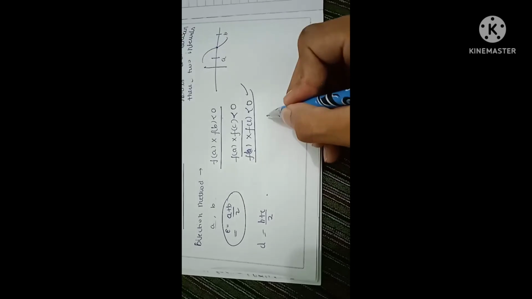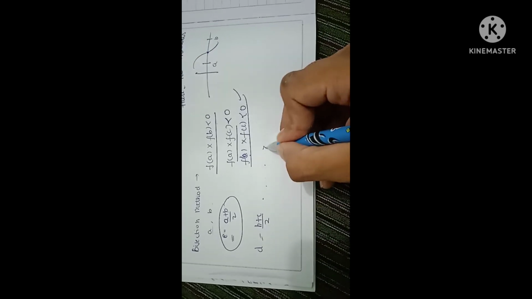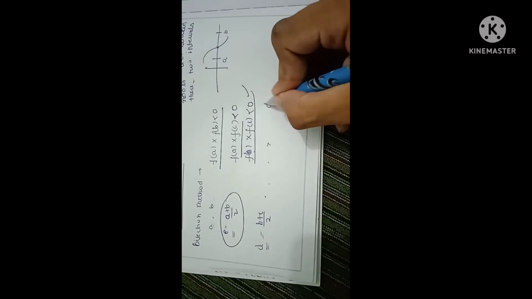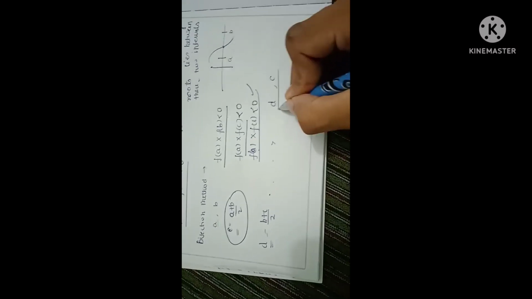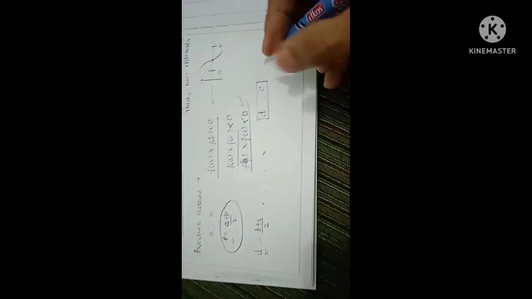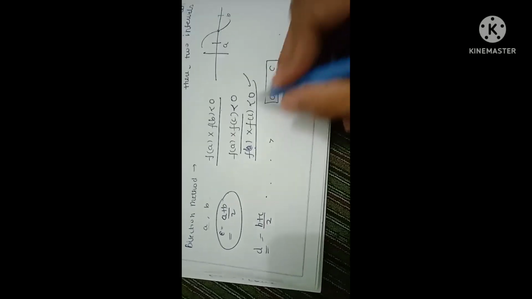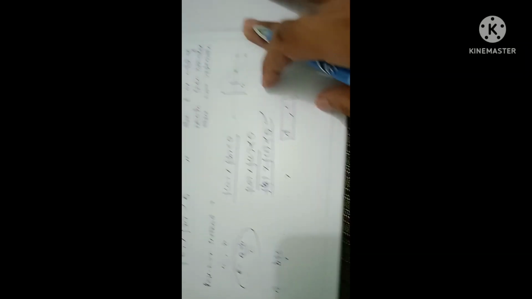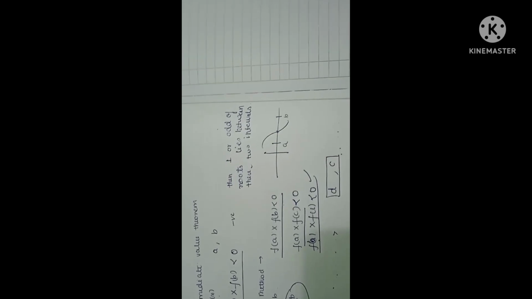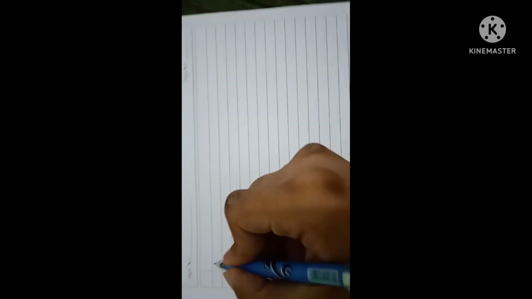Simply, we will go up to the desired number of iterations, and we will write the answer as this term. The d or c, the midpoint, will always be the final answer, not the points on the sides. That's the point to remember. Now we will see